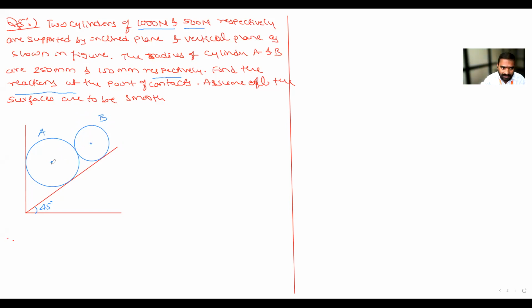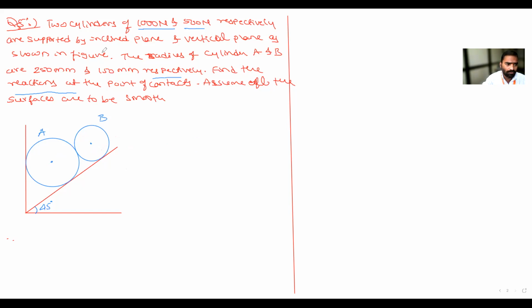Initially the center was here, the other center was here, so the reaction was the same as the plane angle. Now the cylinder center is shifted to this side, small size. This is the reaction, which means this is not 45 degrees. This is less than 45 degrees. Is it clear to everyone? Yes, sir. After this is clear, the next topic will come.